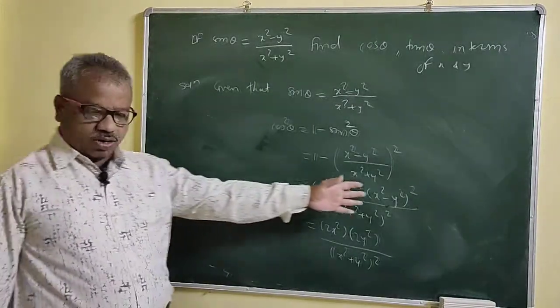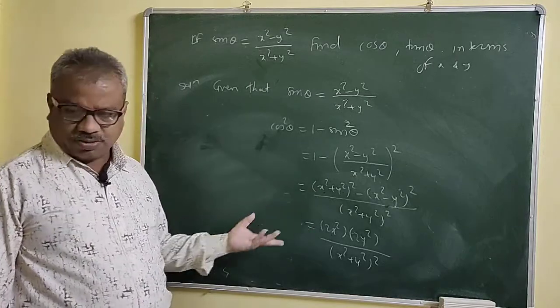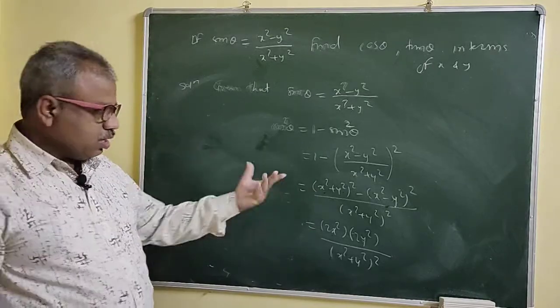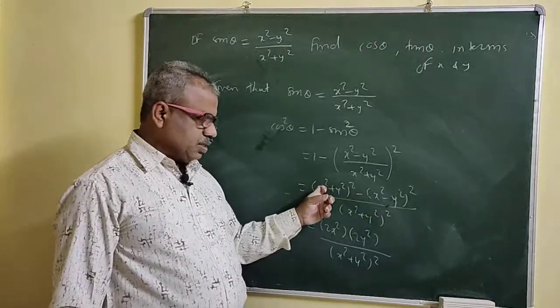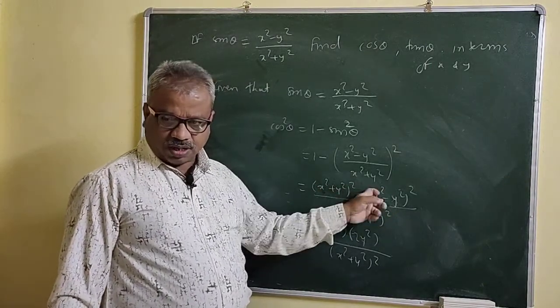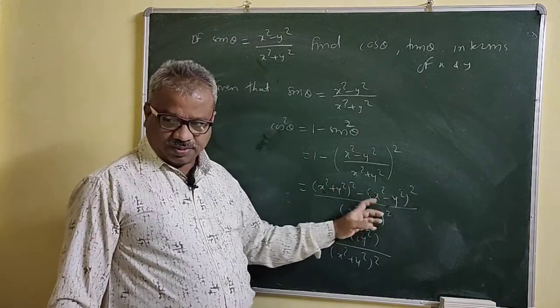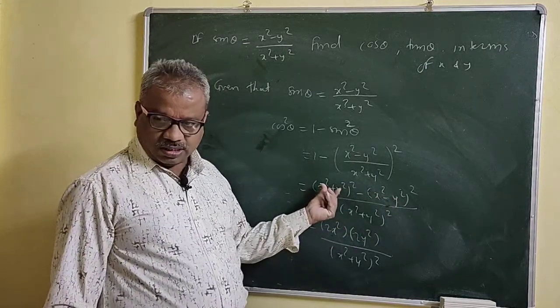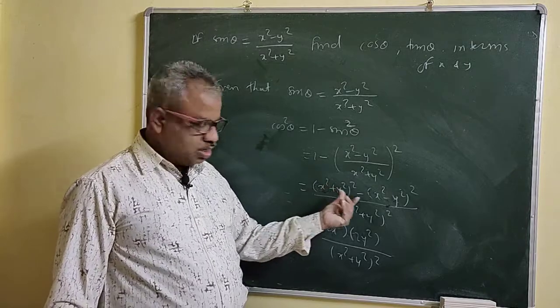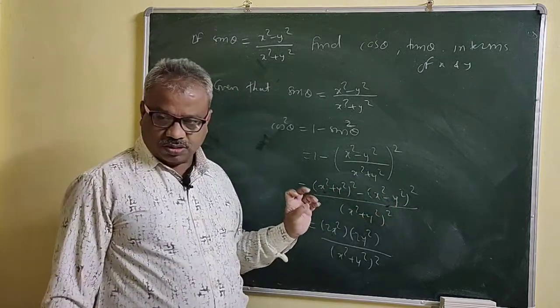So no need to expand all those things, right? But if you want to expand it, you can do this. No problem. X to the power 4, then this is x to the power 4, they are equal but opposite so they get cancelled. Y to the power 4, the minus is here. The middle term remains only here: twice x square y square, and here minus becomes plus twice x square y square. Now see, this is 4x square y square.